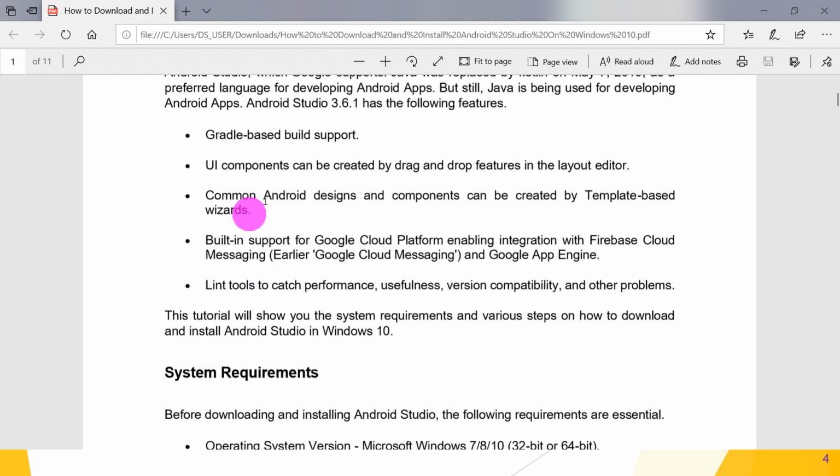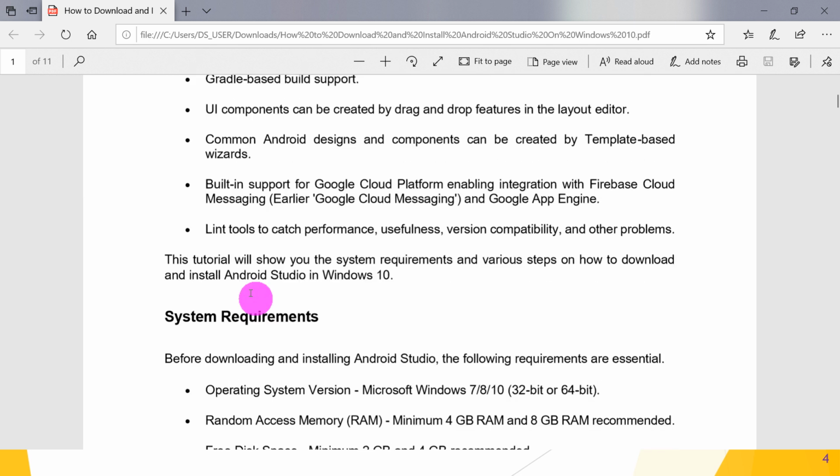Common Android design and components can be created by a template based wizard. Then built-in support for Google Cloud Platform, enabling integration with Firebase Cloud Messaging and Google App Engine. Then lint tools to catch performance, usability, version compatibility and other problems. We will see that tool in later sessions.